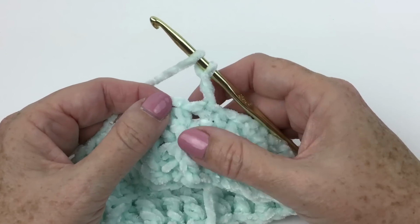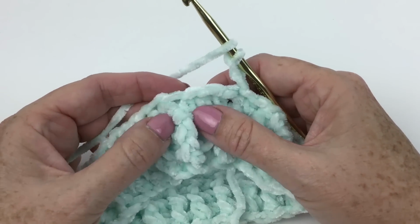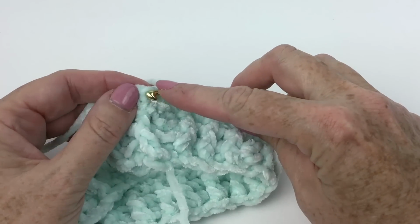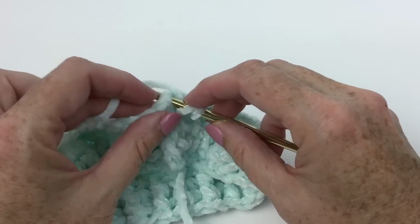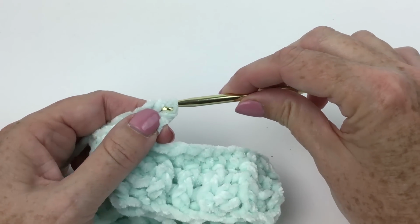I will say, honestly, sometimes I have a little bit of a hard time figuring out where my first stitch is, but 1, 2, there we go. So there's my first one. Remember that chain 2 does not count as a stitch. So that's 1,